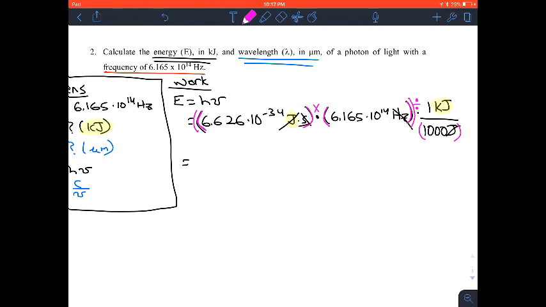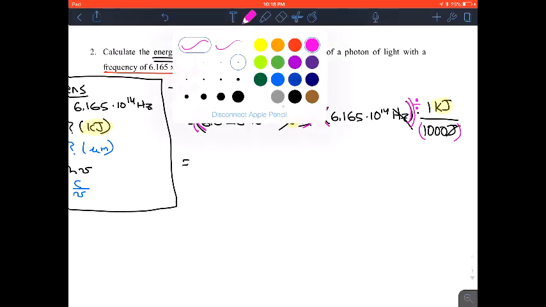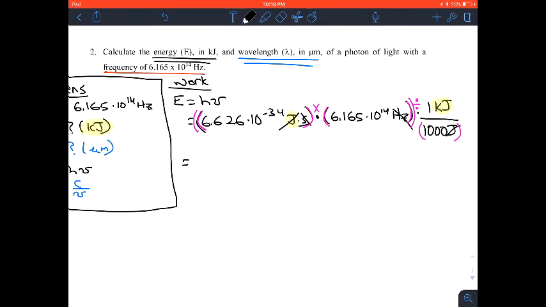The reason why you want to do it that way is because you're saying that this entire portion here is going to be your numerator. So you're going to group that whole thing together. And then you're taking that entire quantity and dividing it by 1,000. So the answer that you should come up with is